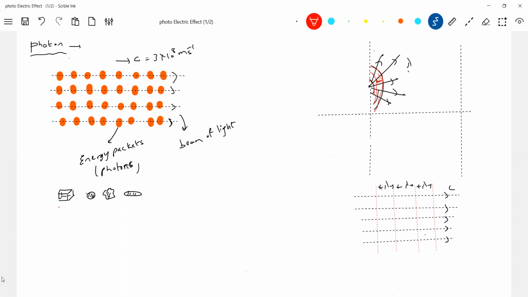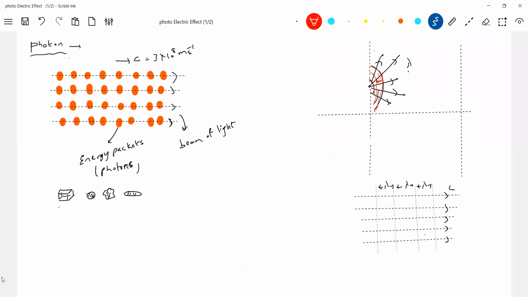I'm making things clear, so don't scold me, because if you refer to higher engineering physics books, the shape of the energy packet is still yet to be confirmed. So on what basis are you putting some dot? Is it a question mark? To help you understand the concept, I'm assuming some sort of shape like this. Fine. And these energy packets are called photons.